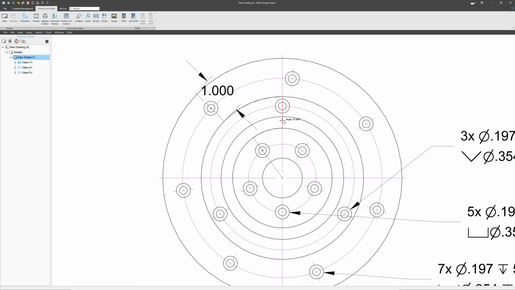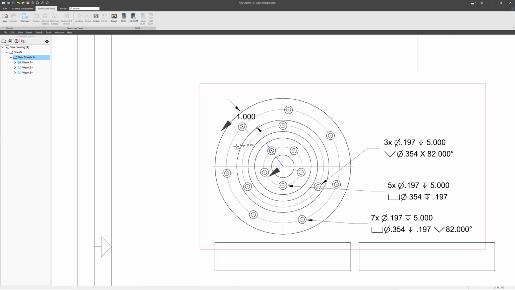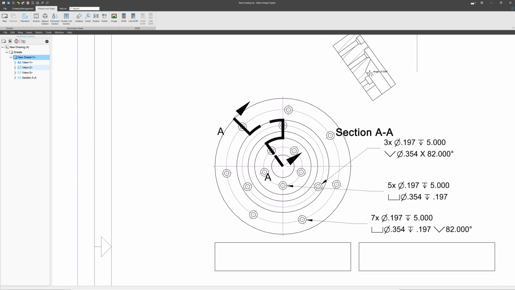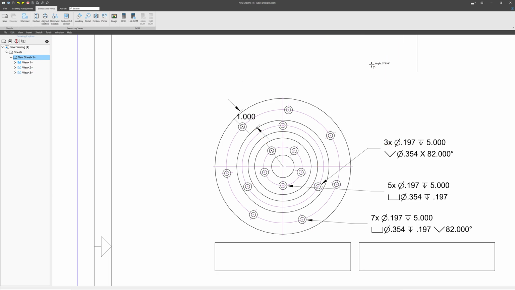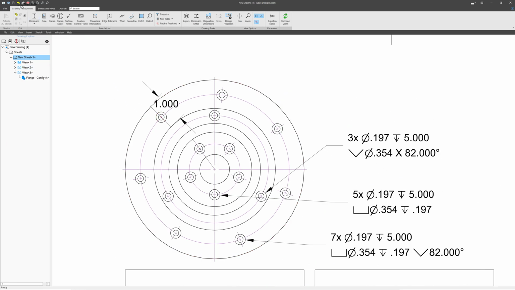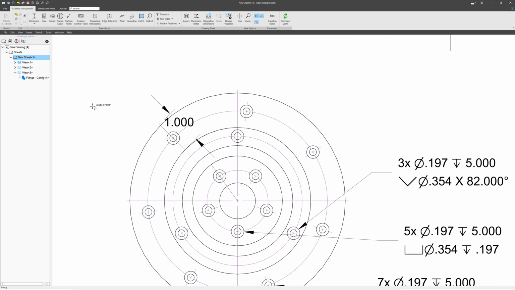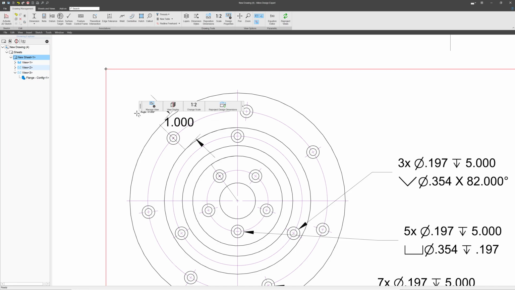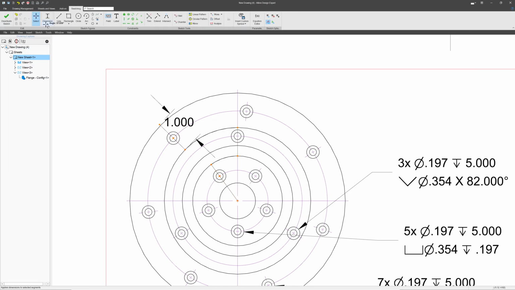And I'll choose this little vertical line right here. And I can choose which orientation. I'll go over here. And then I have all my holes in one section. Hitting Control Z. So another thing that I can do is highlight this view, go back into my sketch,